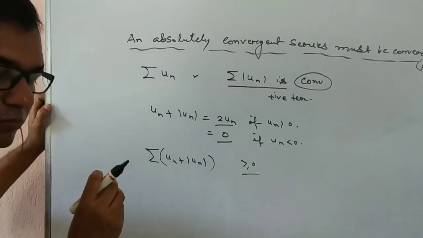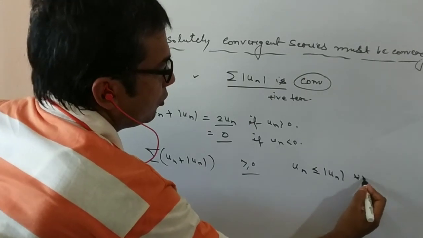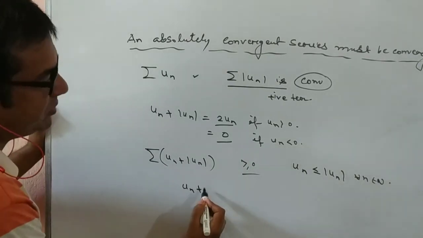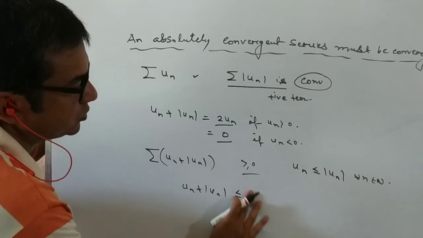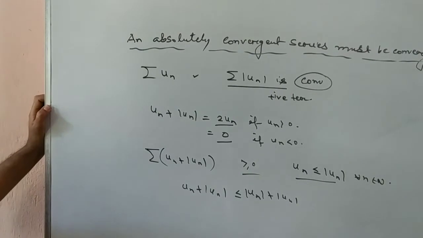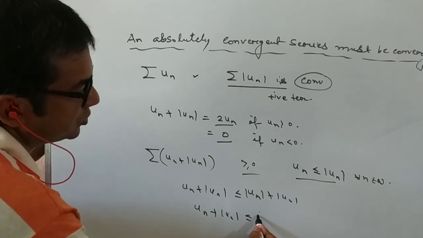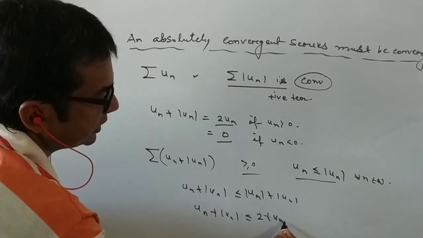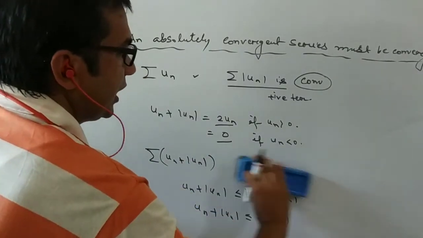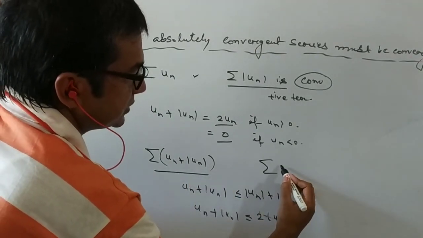And we always know that un is less than or equal to mod un for all n belonging to capital N. So we can write un plus mod un is less than or equal to mod un plus mod un using this result, that is, un plus mod un is less than or equal to 2 into mod un. Now if we compare this series and this series,